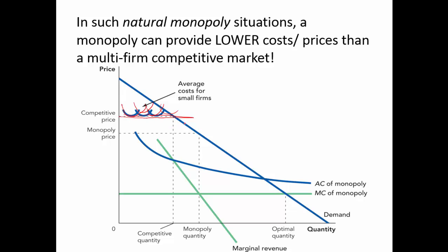Whereas if you allowed one huge utility to operate for the whole market, which can be entire regions, even entire states, you have a much lower average cost curve. Even if you don't get to the minimum point of that average cost curve, you're at a much lower point than the minimum of these small firm average cost curves. So you've got the monopoly operating here at actually a more efficient cost and pricing level than small firms could hope to achieve.